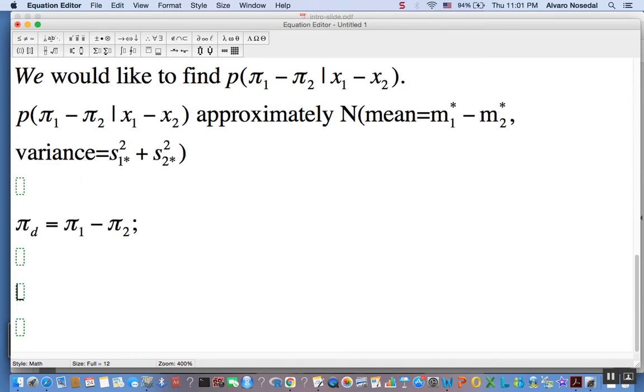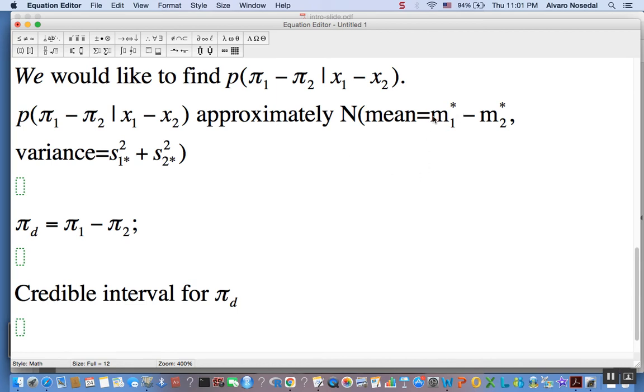Well, then the credible interval for pi d will be just, since we're using that approximation,